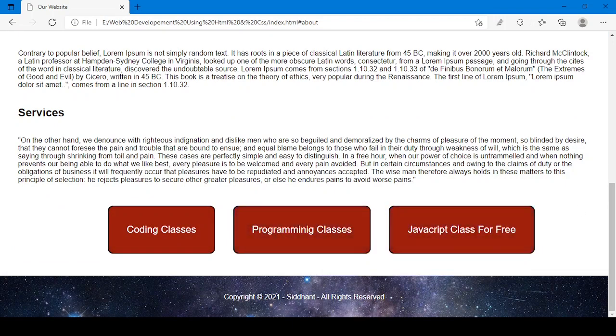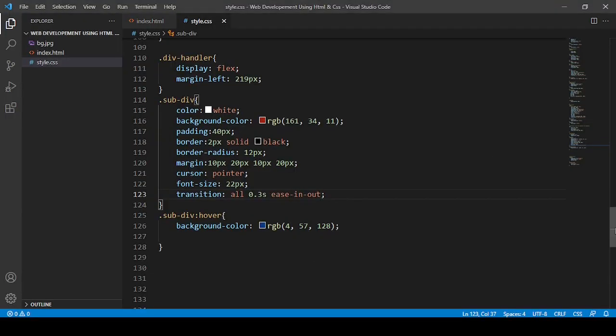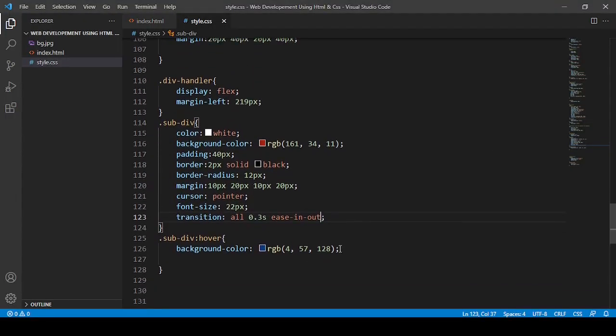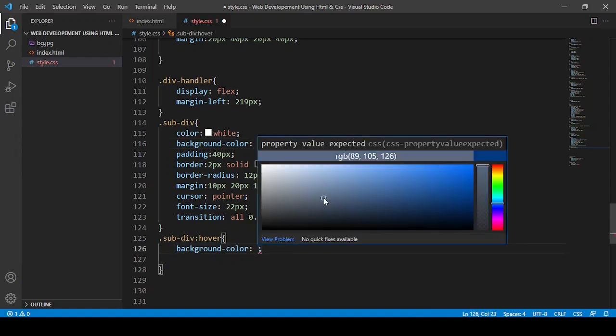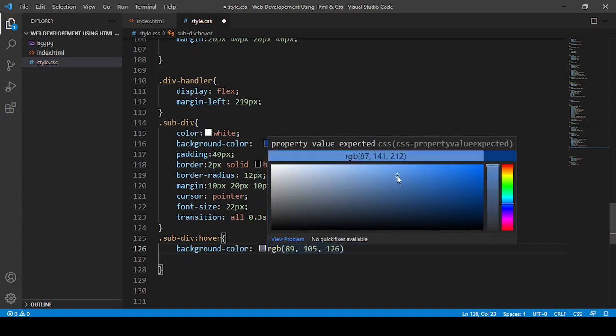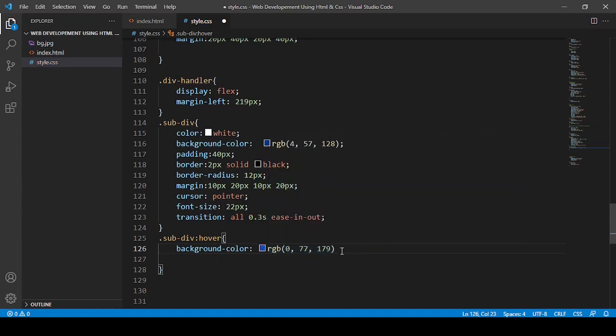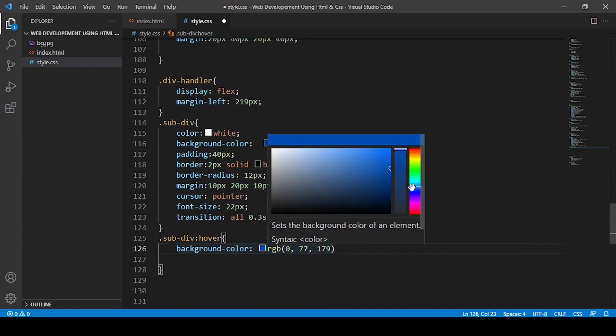So I think let me do one exchange here. I'm going to do one exchange. So instead of this one here, I will add this one, and this one I will erase, and here I will say something like this one.